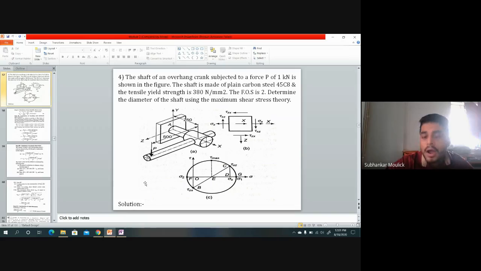ये टॉर्शन से फेल होगा, बेंडिंग से फेल होगा, या टेंशन में फेल होगा? ये आपको पता करना है। पता करो। बाकी लोग बोलो कुछ, कैसे फेल होगा? सोचो सोचो, दिमाग लगाओ। क्वेश्चन इस टाइप के ही आएंगे, एग्जाम में भी इस टाइप के ही आएंगे थ्योरी ऑफ फेलियर में। एकदम फॉर्मूले में पुट करने वाला क्वेश्चन नहीं आएगा, तो आपको समझना पड़ेगा।